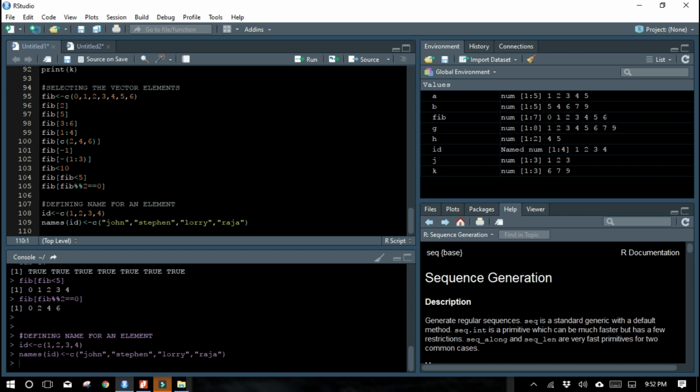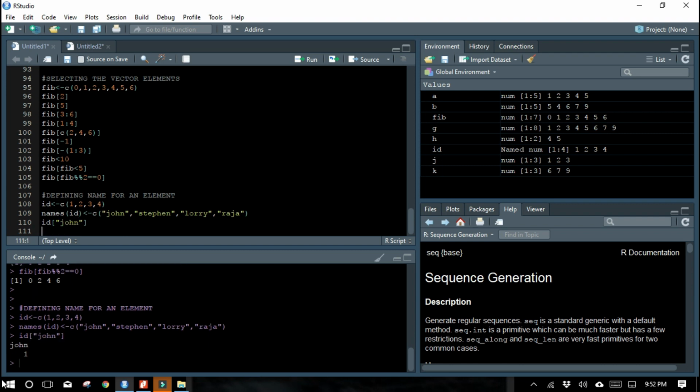Run this. Now if I want to see the ID of a particular name, let me give ID of John. Now when you run this code, you will get 1. The ID of John is 1. Now let me check with another name, ID of Raja.